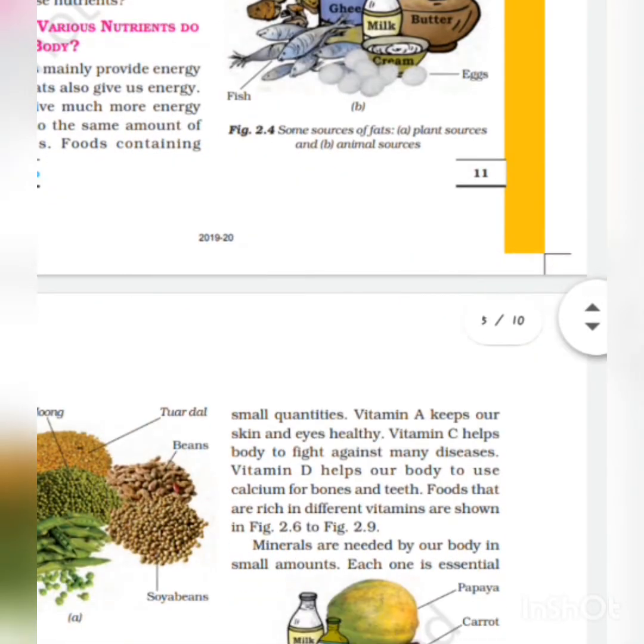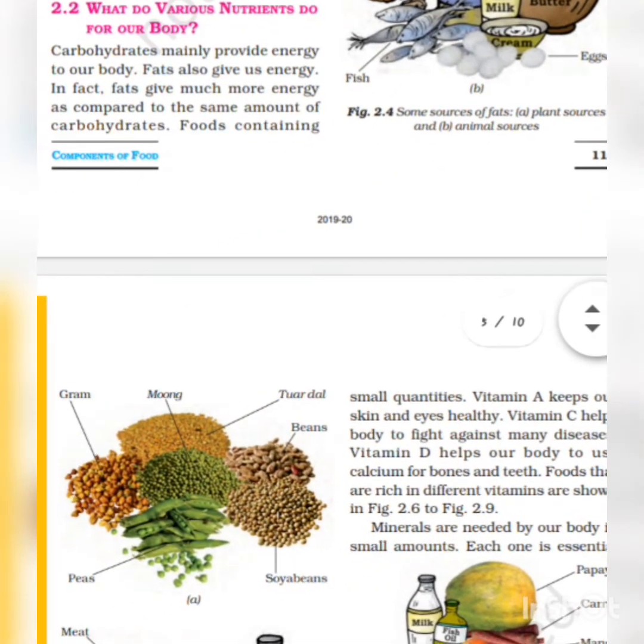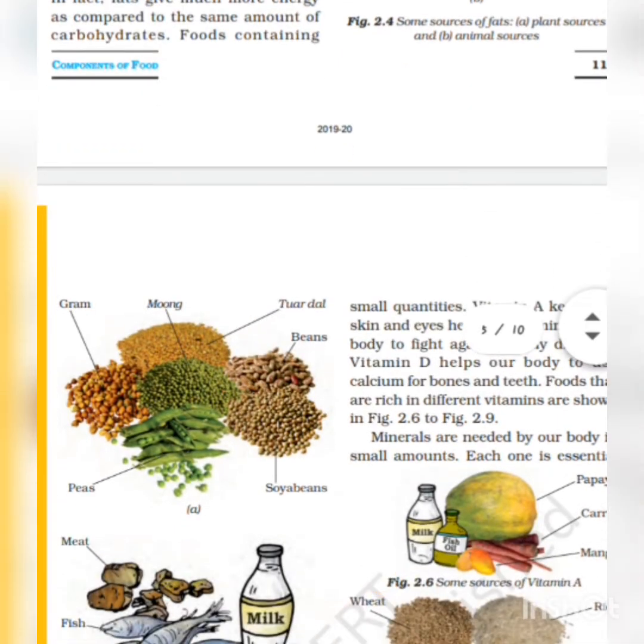Okay, here you can see the products which have protein in them, where again plant products are different and animal products are different. Animal products include milk, paneer, egg, meat. Plant products include moong, gram, tuar dal, beans, soya bean. Okay,